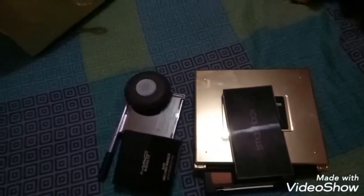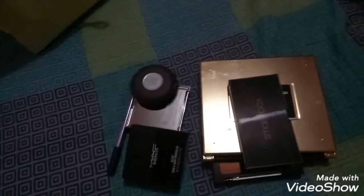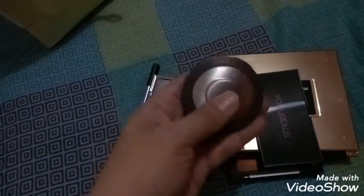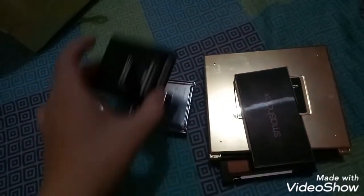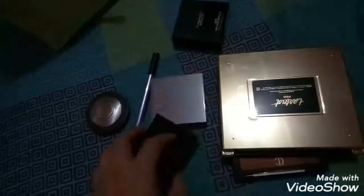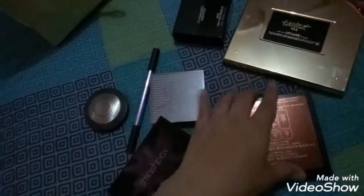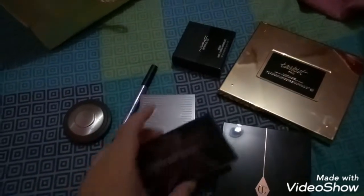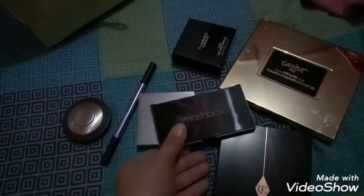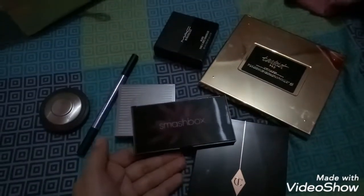So my friend just likes to buy stuff. She likes to buy makeup and then look at them, test them, and if she decides that, hey, this color is not for me, or yeah, it was nice to look at first, but she got bored right away, or I don't know, she just buys stuff and then decides not to use them. So it's a good thing that I have that type of a friend, because I get to receive